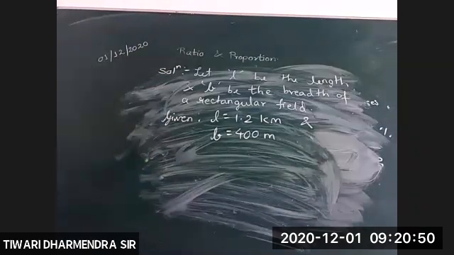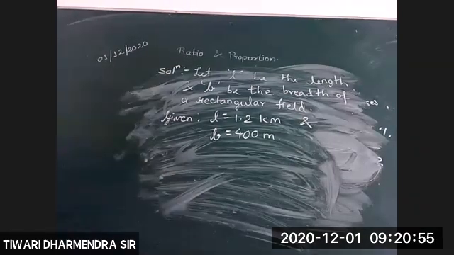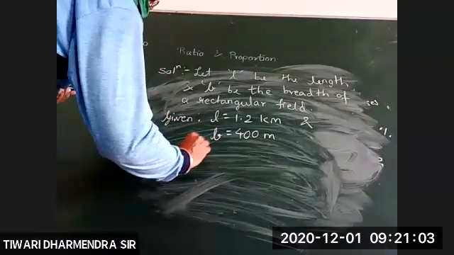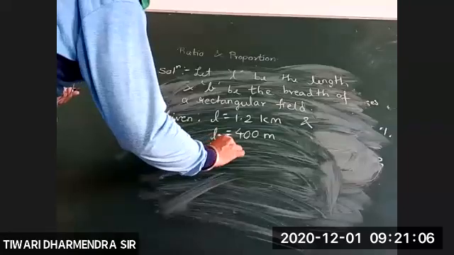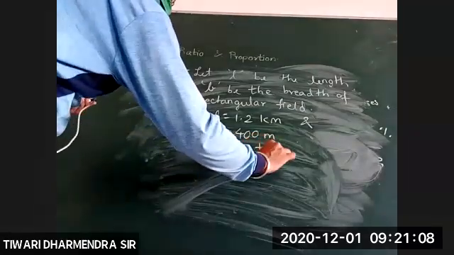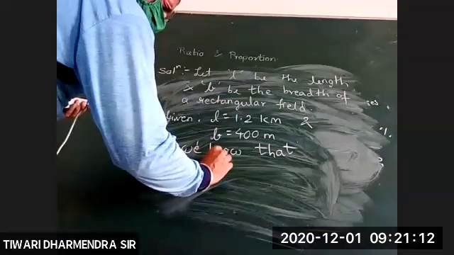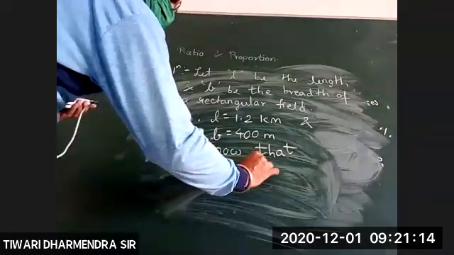As we can see, they are not in the same unit. Length is in kilometer form and breadth is in meter form. So we will try to convert length to meter form. Let's see how. We know that 1 kilometer is equal to